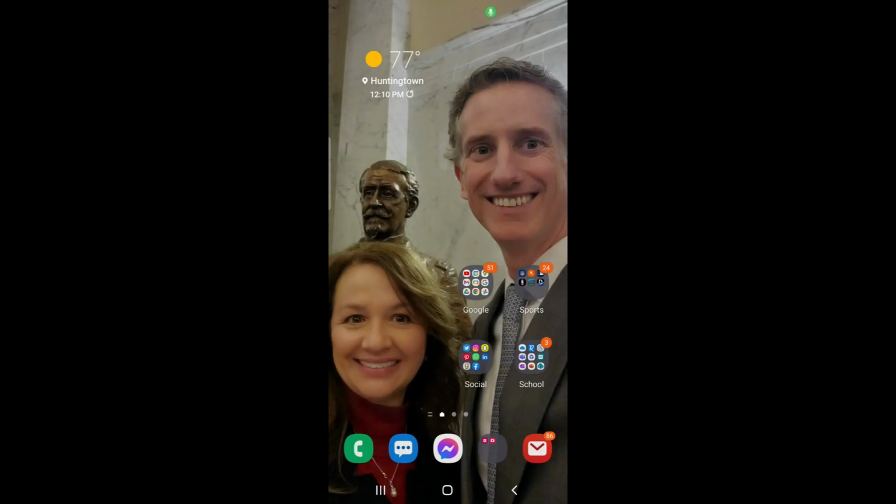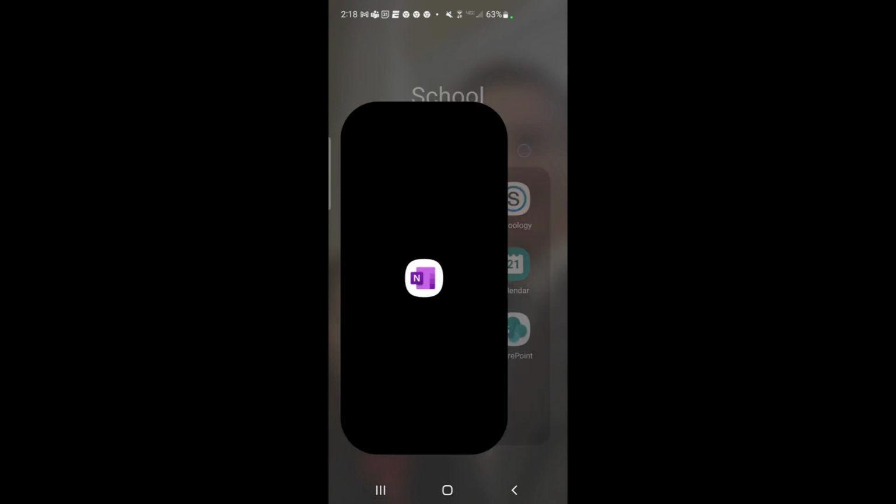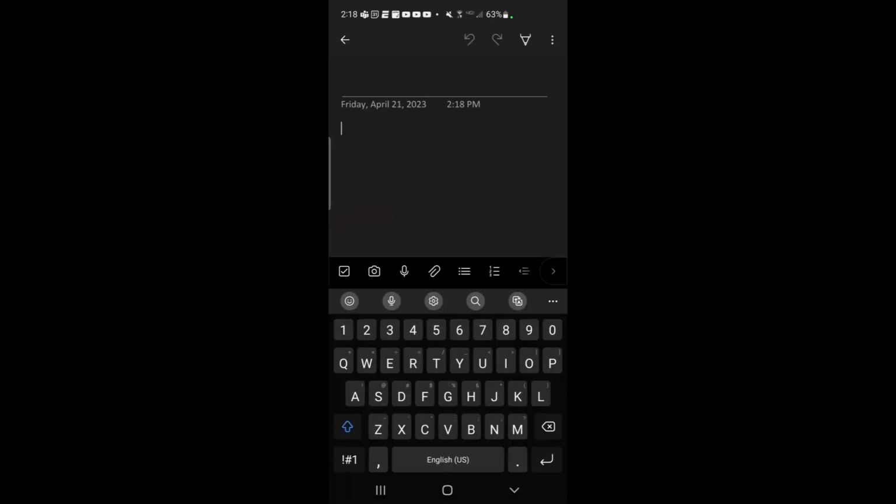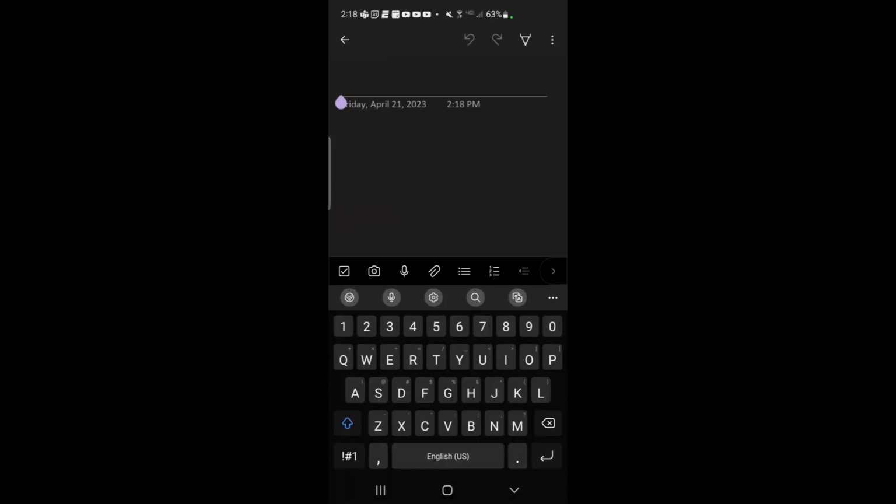So you can use OneNote on your phone if you have the OneNote app added to either your iPhone or Android device. So I have done that. So I'm going to click on the OneNote app on my device, and you'll notice it opens up to the OneNote page. It has the same notebooks and the same sections that are on my regular OneNote. So what I'm going to do is I'm going to go ahead and add a page. I'm going to give it a title, and this title is going to say testing schedule because I have a